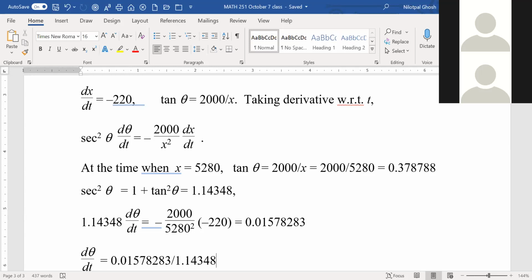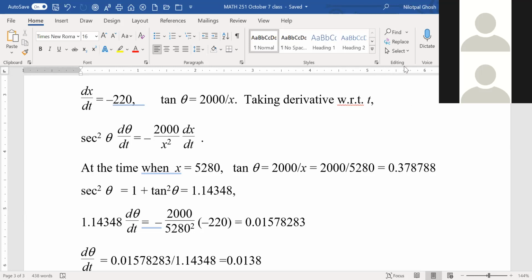And we got 0.0138 something. I'm just going to write down this only. Well, if you like, you can write 0.24493. But we got this number,